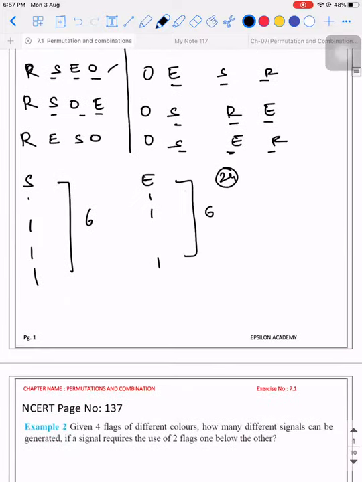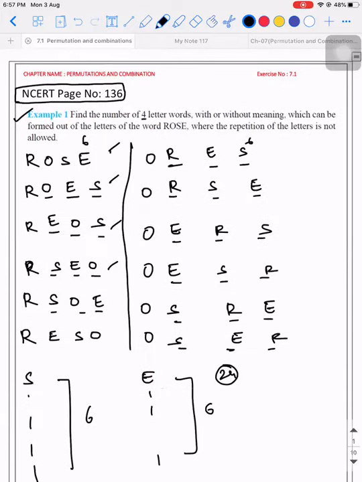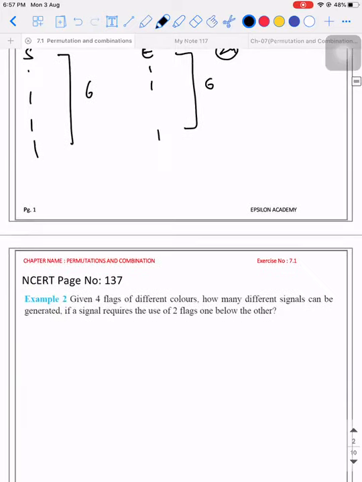See, what I'm going to do is the same problem, how we are going to solve this. How many lettered word are they asking? You need a 4-lettered word. So whatever is the requirement is equal to the number of blank spaces you have. So from a 4-lettered word, you need to generate a 4-lettered word. Generally when you write a word, you start from left to right. So the first blank space has how many possibilities? 4, sir. You can substitute any of the 4 letters out of the word ROSE.